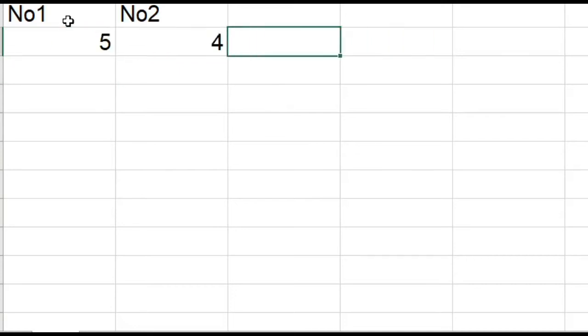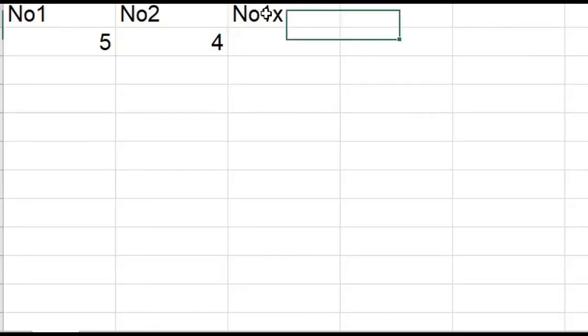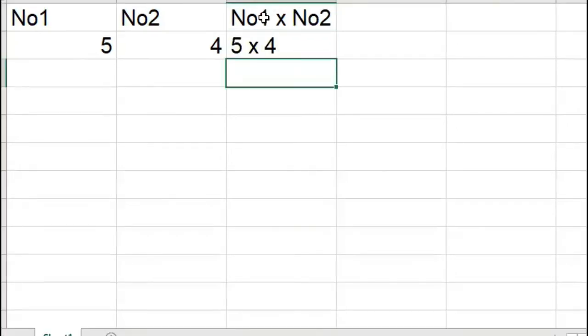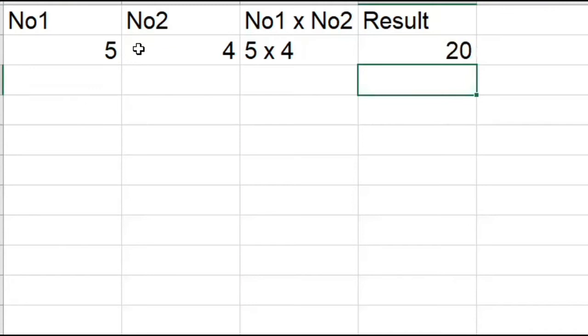That is number 1 multiplied by number 2, that is 5 into 4. Okay, and the result is, so when we multiply this 5 by 4 we get the result 20. This is approach number 1.